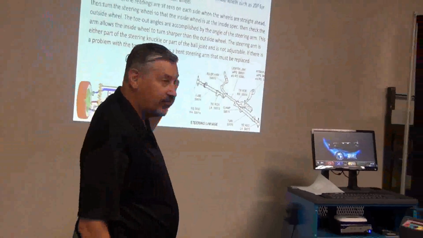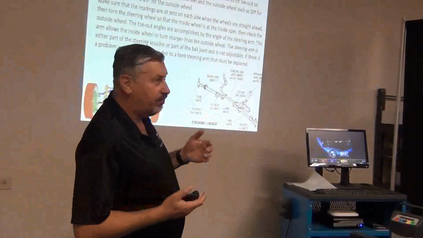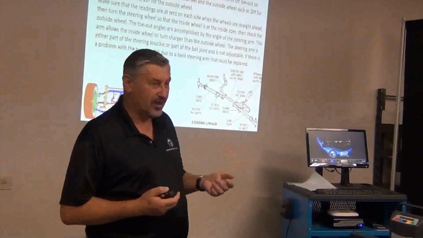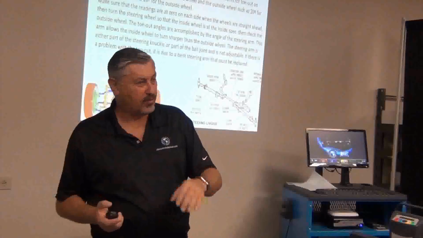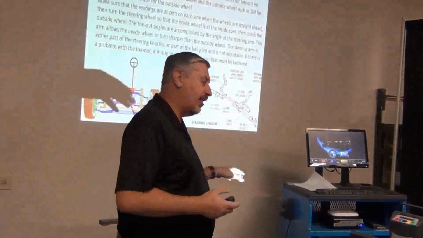Everybody understand the reasoning for that? Does that make sense to you? Okay? So the four most important reasons why a customer will come into you for a recheck on the alignments would be memory steer. You go around to the right hand corner, the car keeps going to the left. Go around the corner, it comes straight and keeps going to the left. Okay, memory steer,